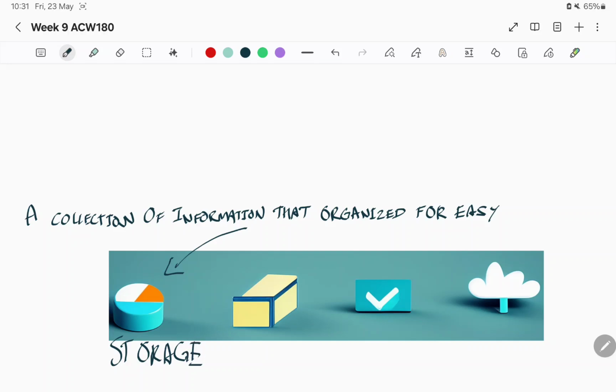So just now we had some problems, a lot of information. Database is a collection of information that is organized for easy storage, for easy management,